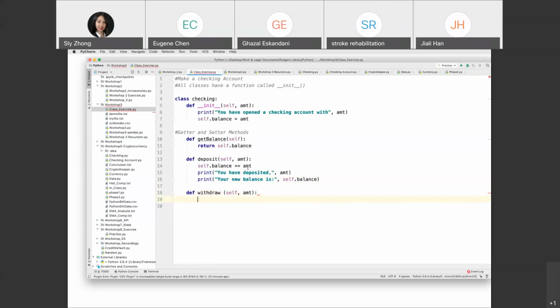So again, we started with an instance variable for self, and then we have another variable called amount. It's the amount that we withdraw every time. Under the withdraw function, we want the program to determine whether we can withdraw an amount that's larger than what we have in our bank account. So in order to meet this, we need an if-else determination process